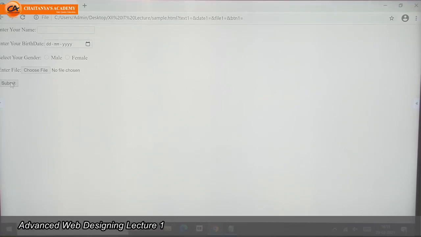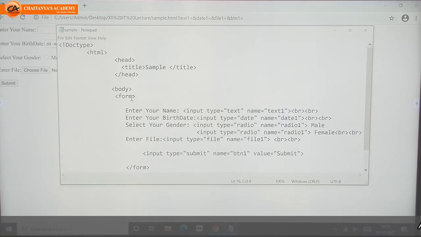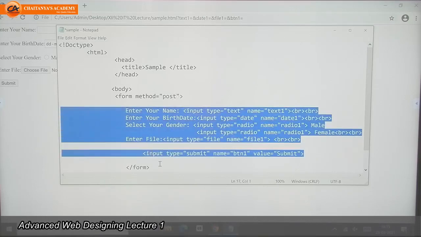If I click on this submit and I want to send this information, then for that purpose I can use one attribute, method, either get or post. I can write method equal to get, or method equal to post, to send this information.